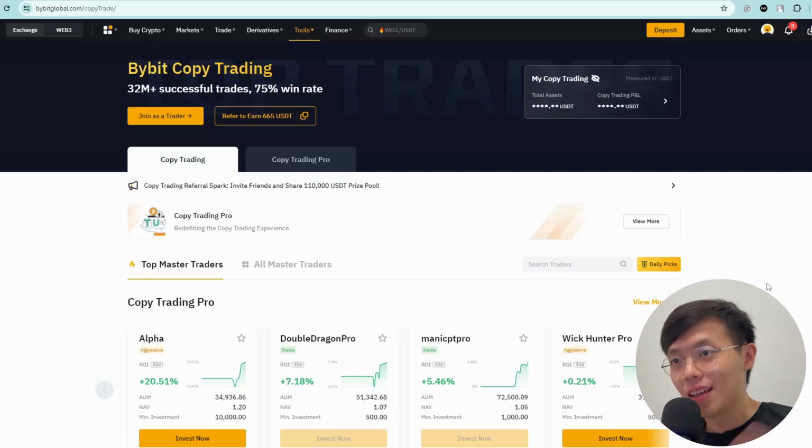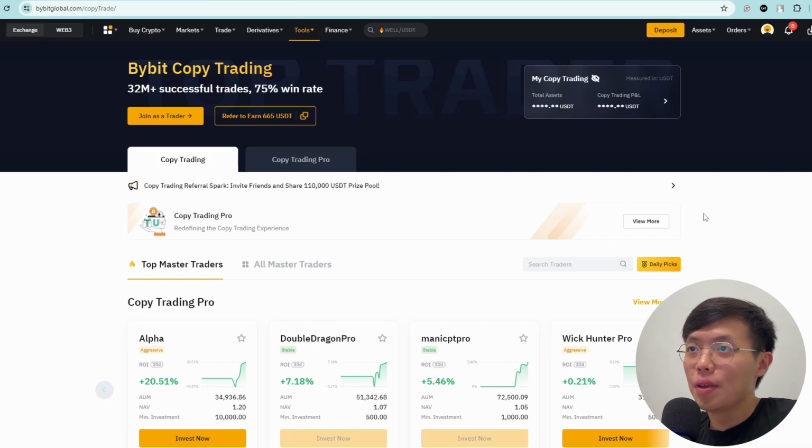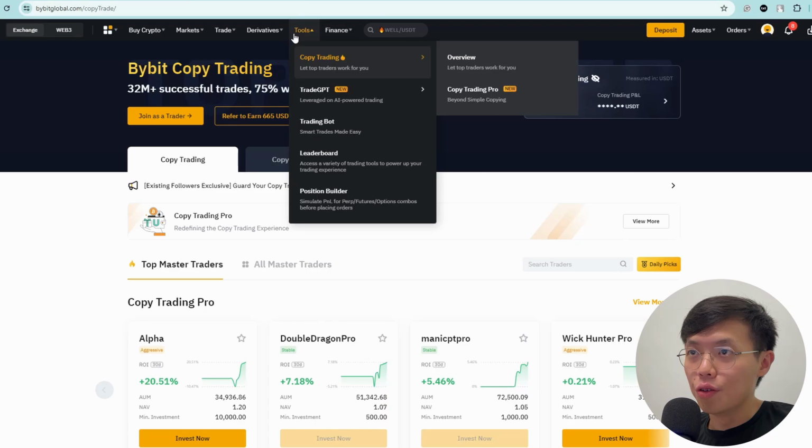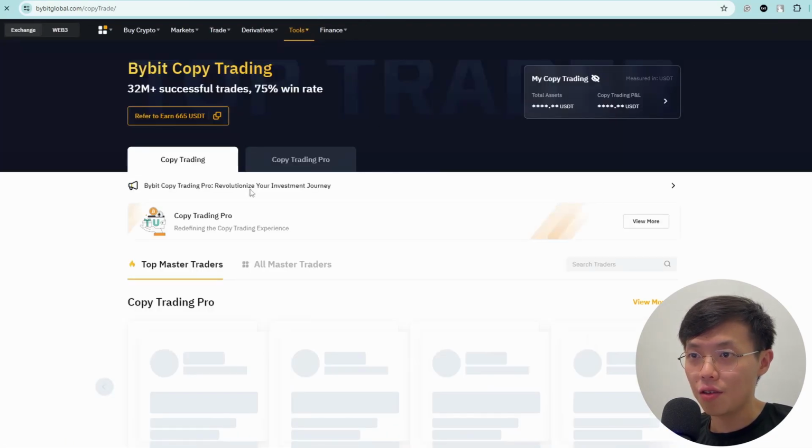So now let's talk about copy trading in Bybit. All right. Today I'm going to talk about copy trading in Bybit. So how do we find copy trading, right? All you have to do is go to the tool, copy trading, and click on it, and you can copy